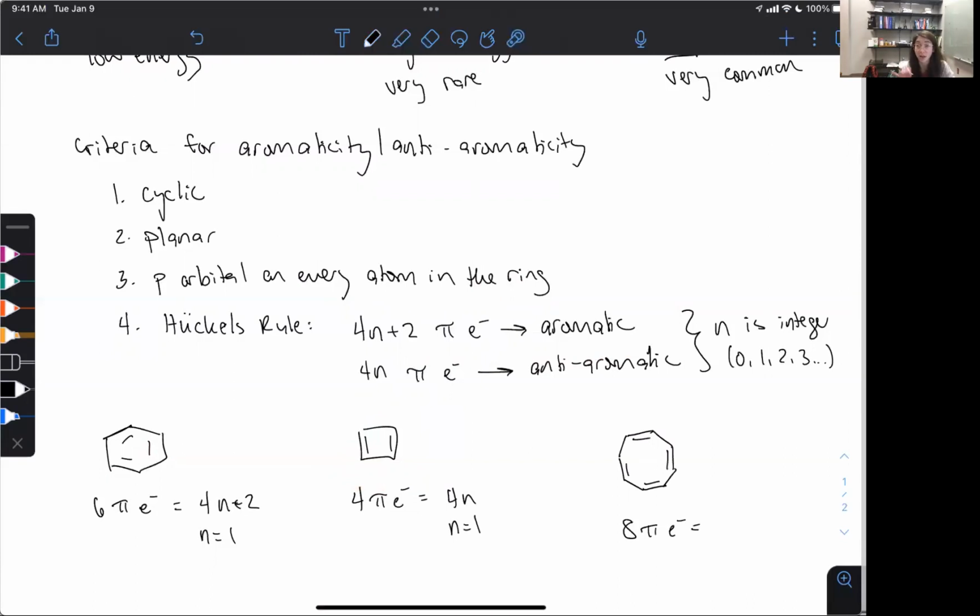Okay, so if we just immediately looked at this and said, okay, 2, 4, 6, 8 electrons, that's going to fall into the 4n. So shouldn't this be anti-aromatic? But to avoid being anti-aromatic, because this actually has a little bit more wiggle room because it's a bigger size ring, it is actually not planar, okay? So to avoid all of that situation, it essentially separates out its pi bonds so that they aren't really very well conjugated with each other. And because they aren't very well conjugated with each other, now it is avoiding anti-aromaticity and becoming a non-aromatic molecule.